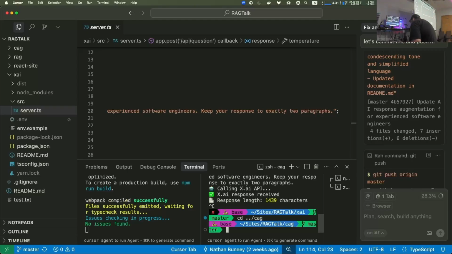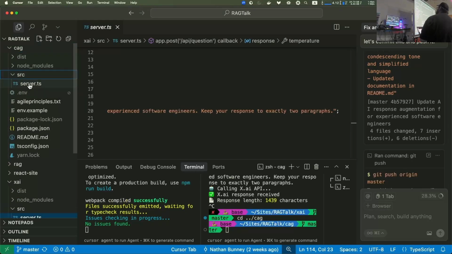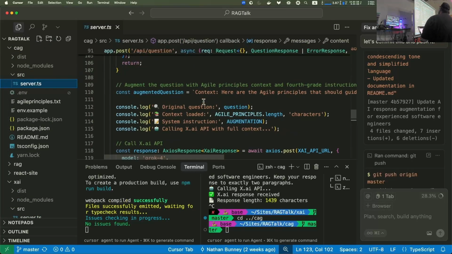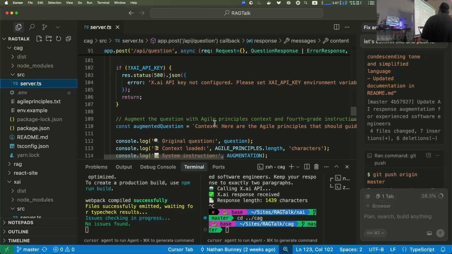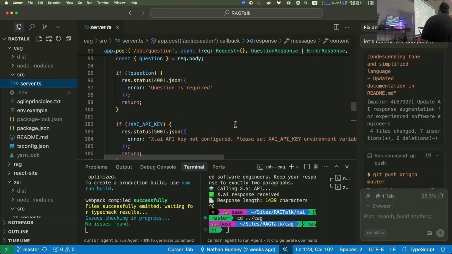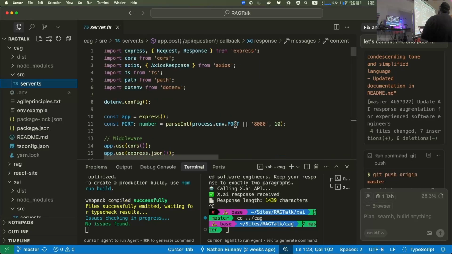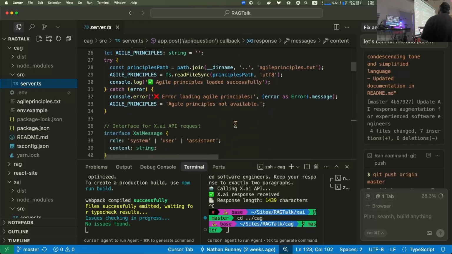So let me pull this up here. I'll go up to the CAG site and we will look at source and server. So the difference here, we have the same context here, right? And then we have a file, it's probably way up at the top somewhere.